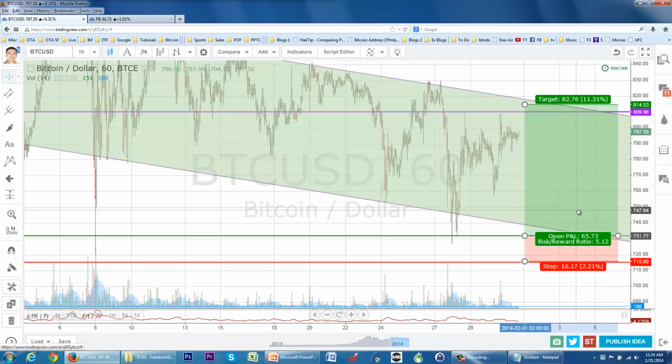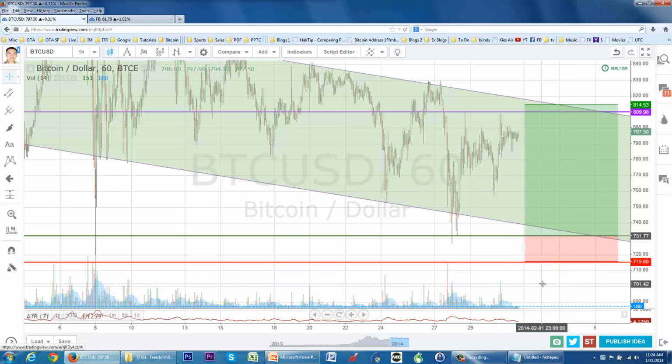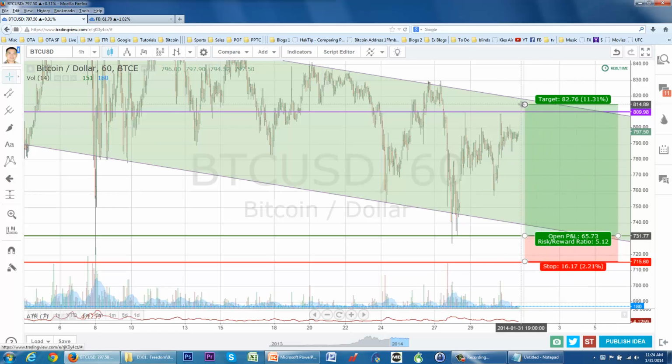Okay, so right about there. You guys can zoom in and make it more perfect on your own charts. I don't want to spend too long on this. So there's my risk right there. My risk to reward is 4.8. That means that for every dollar that I risk, there's a potential $4.8 of gain for every dollar of